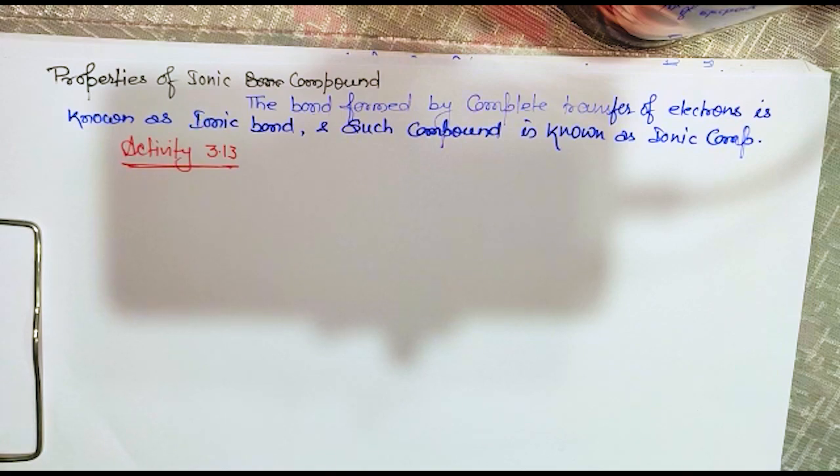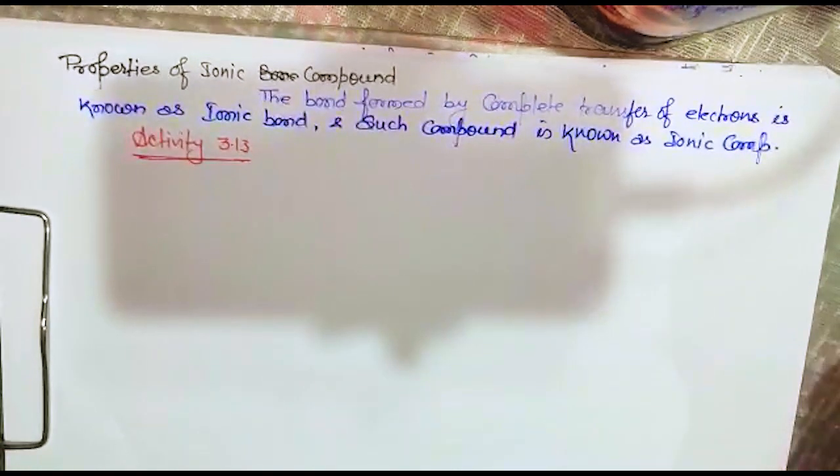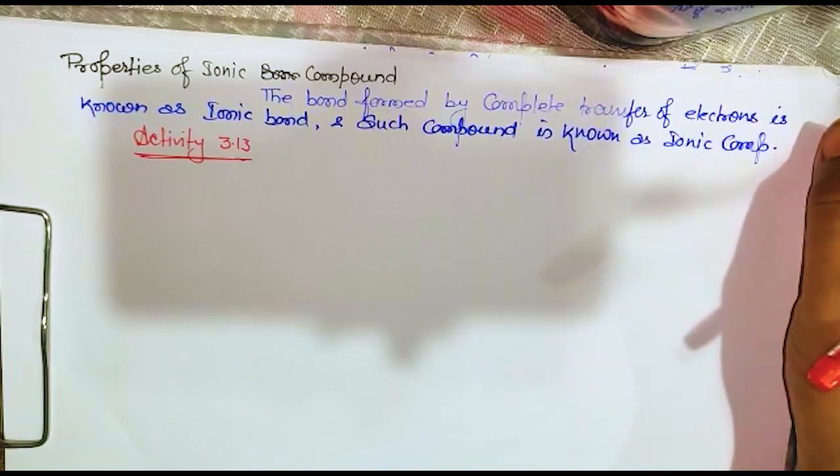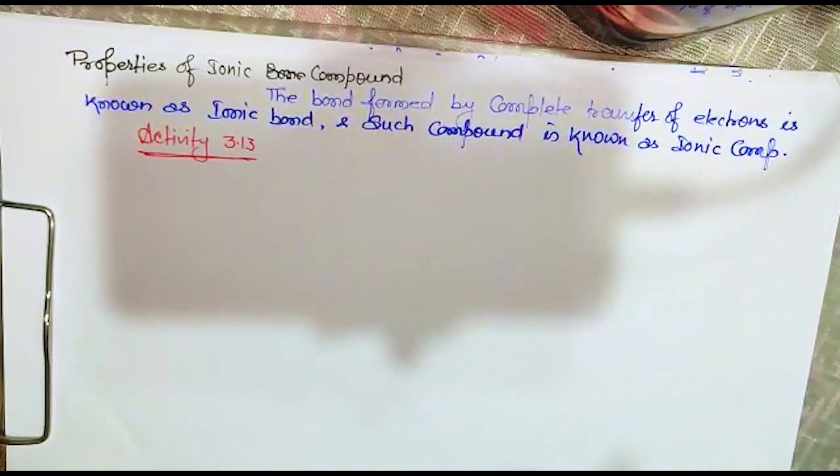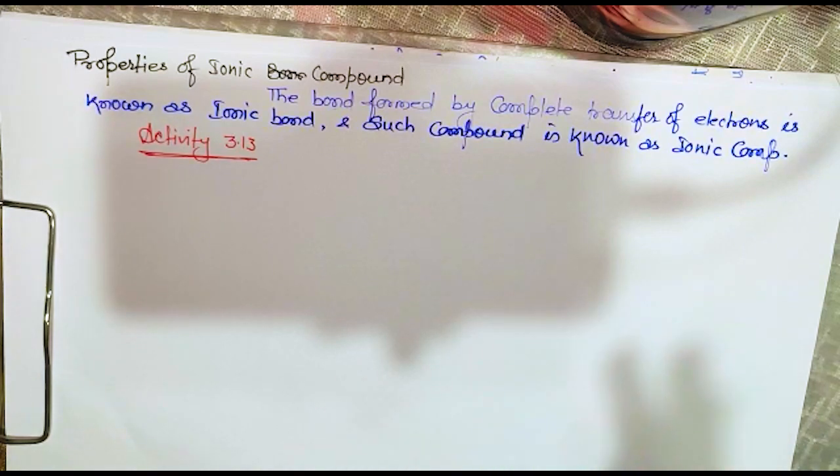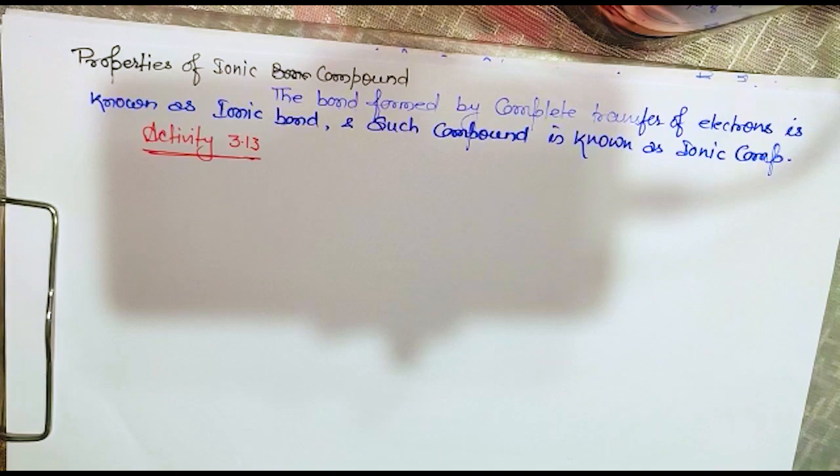So you can take NaCl, sodium chloride, potassium chloride, barium chloride, and potassium iodide, and check the physical state of each, whether they are solid, liquid, or gas. Observe this. After that, take a small pinch of that salt and heat it directly in the flame. In the chemistry lab we have a burner called a Bunsen burner. We will bring the salt on a spatula directly to the flame and observe the color of the flame.